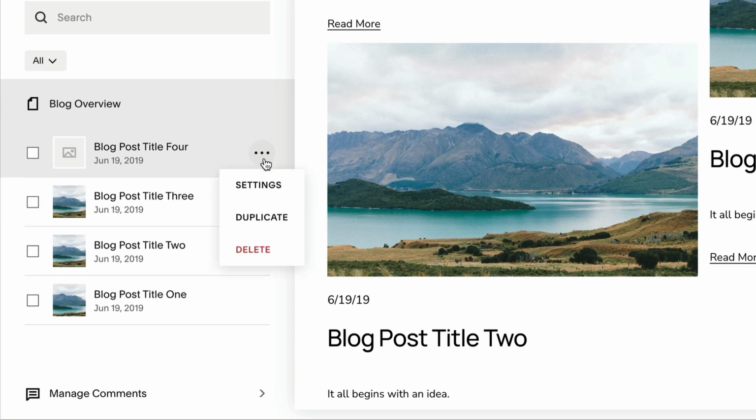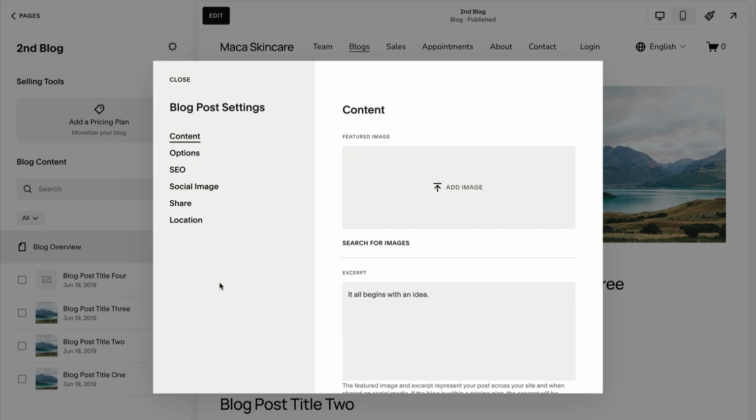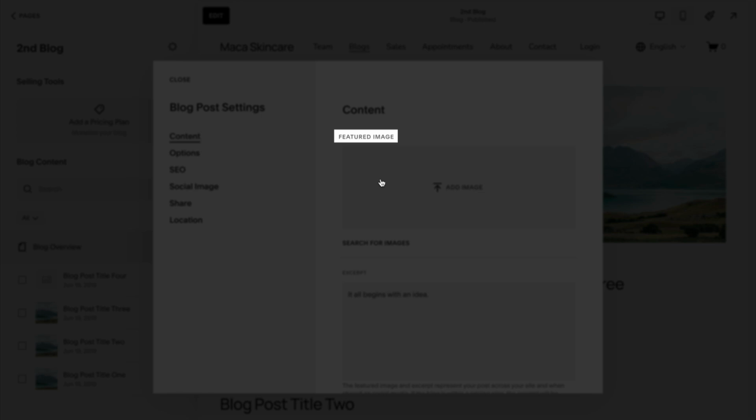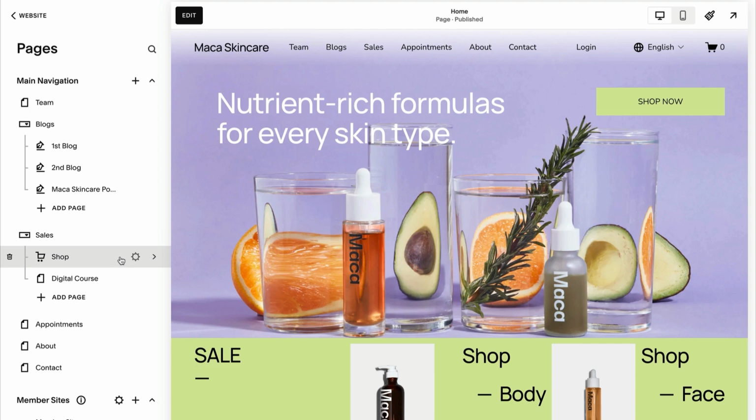Then click Settings. In the Content tab, drag and drop an image or choose a file from your computer to upload. If the item already has an image, click Remove Image, then add a new one. Click Save. To change your product's featured image,